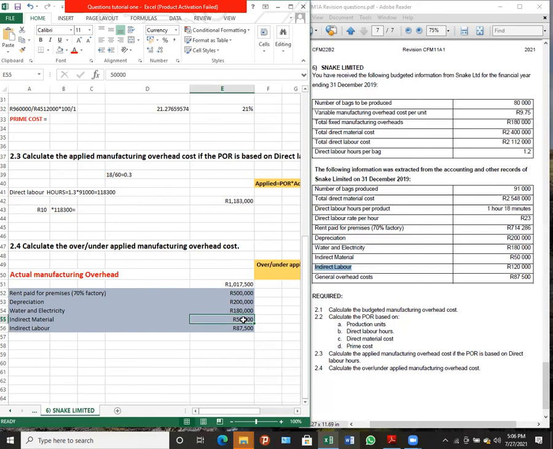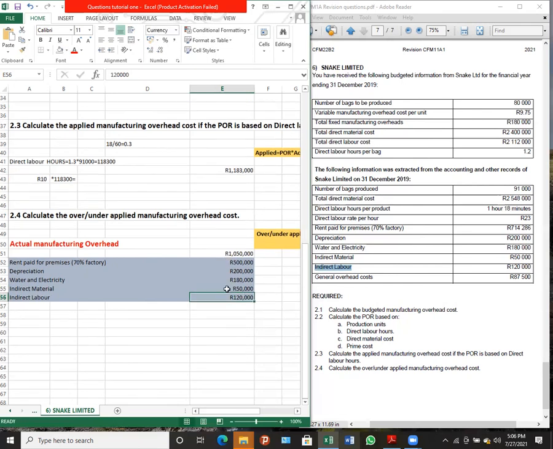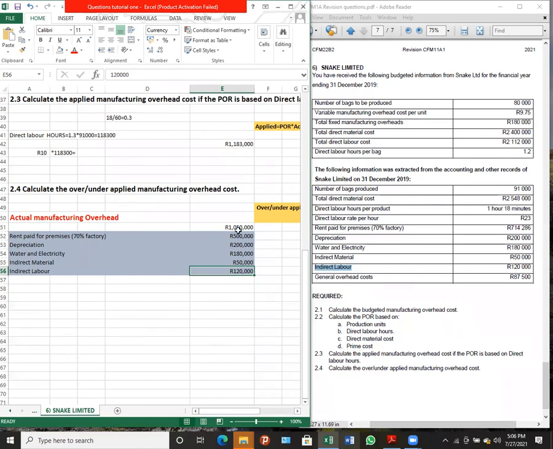I think instead of indirect labor, you take the amount from general overhead cost. Yes, I can see. And then indirect labor is 120, ne? Yes, is 50,000, ne? Yes, thank you, correct, ne? Now, guys, we know our actual manufacturing overhead. Now we can apply, guys. We can apply this